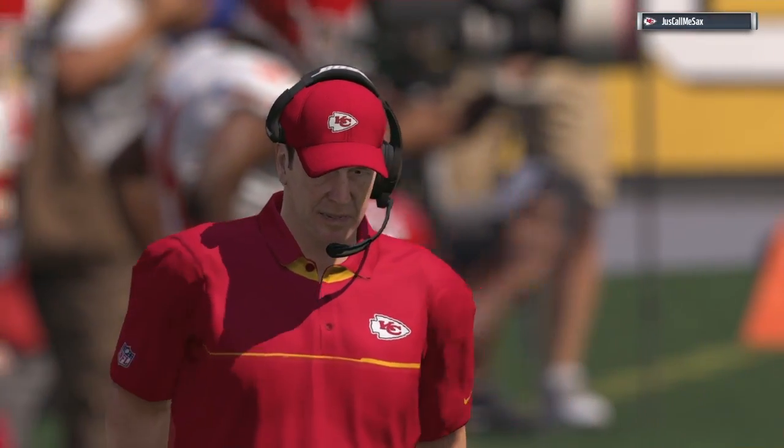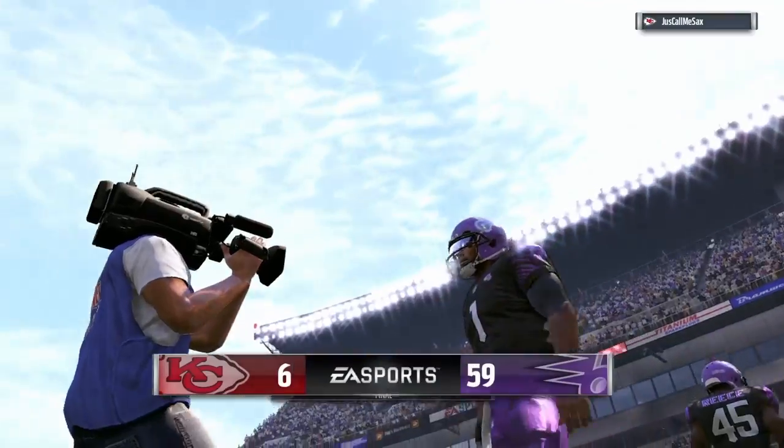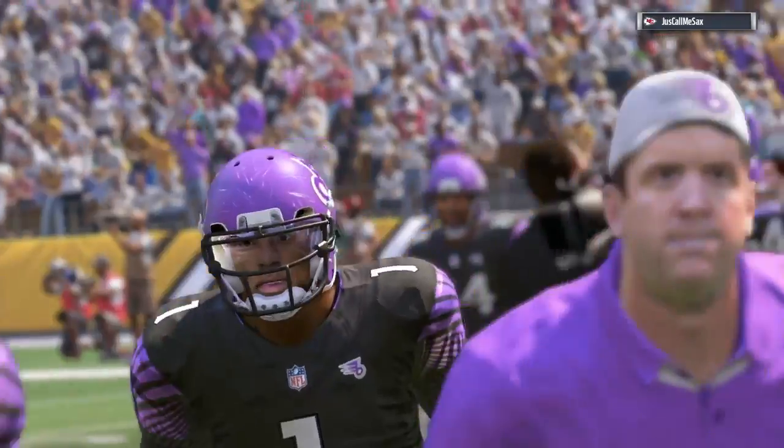A big offensive explosion helping lead them to victory. And the defensive guys, they're just saying, hey,